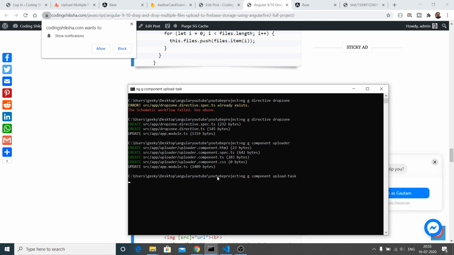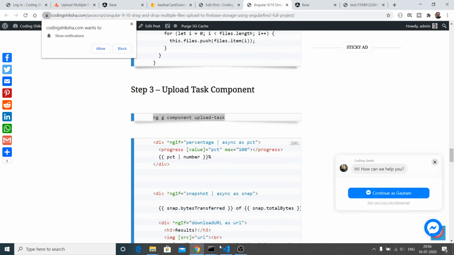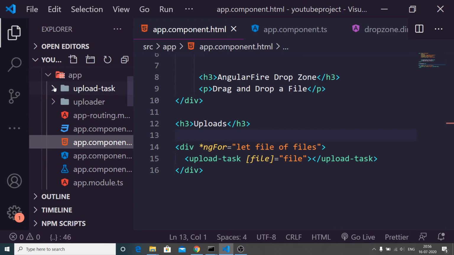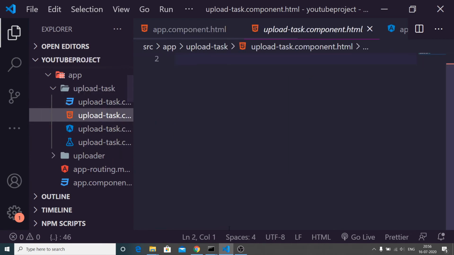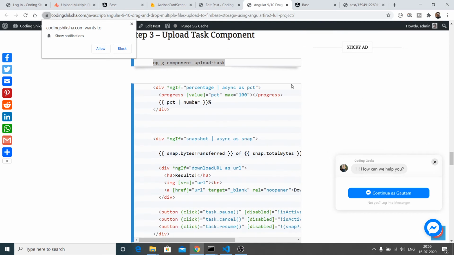I highly recommend that you read the blog when you are watching the videos. Go to the blog and understand the code. Now you will see in a separate folder, upload task is also created. Go to the HTML file of that component and paste the HTML code.